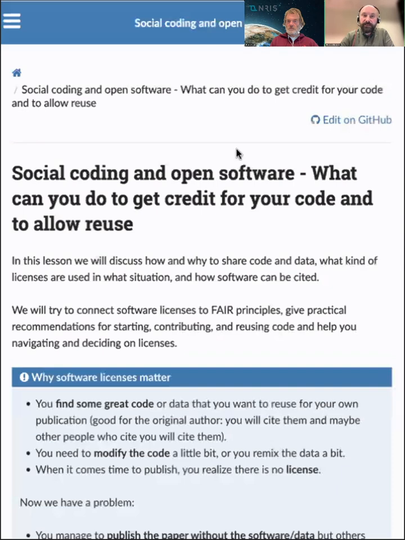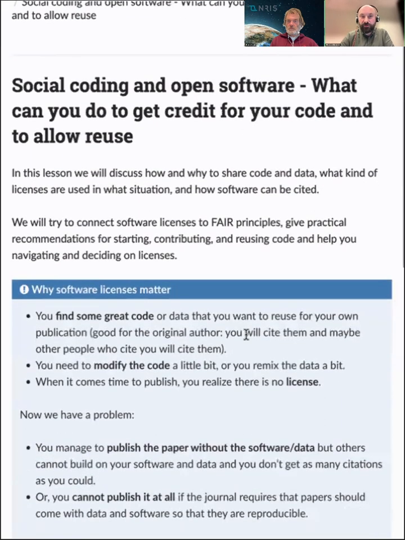All right, but let's get started with the topic of today: social coding. I remember the first time I took the CodeRefinery workshop and heard about social coding, I thought, is this about sitting in the same room and coding together? But later I understood that it's more related to the fact that we are not isolated coders.